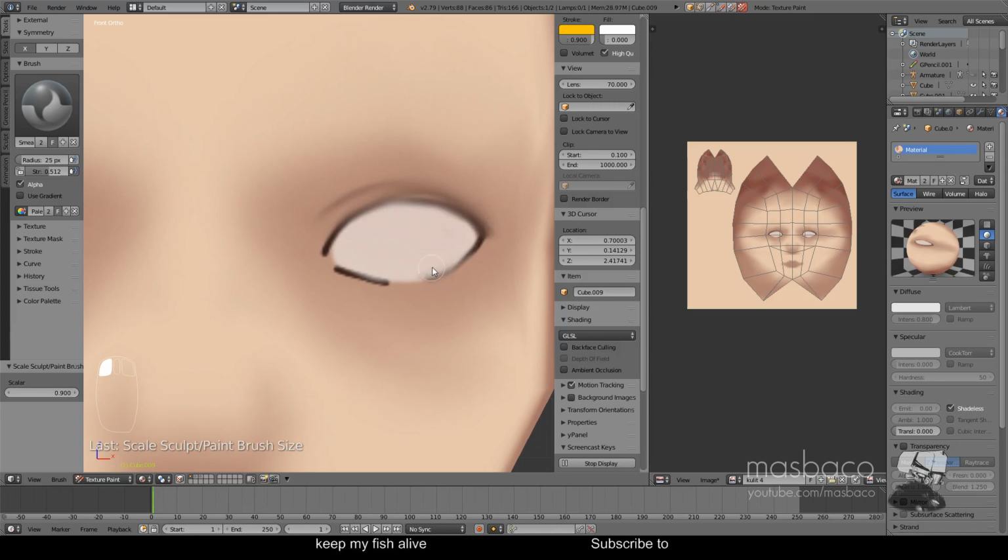Probably refining the shape by smearing around the eyeline,